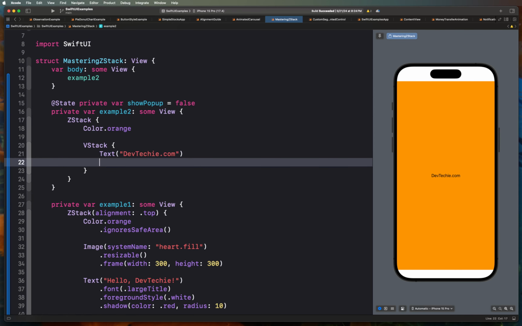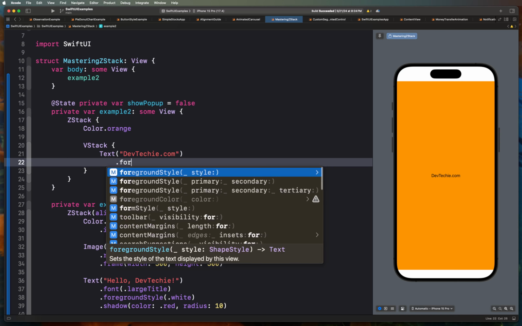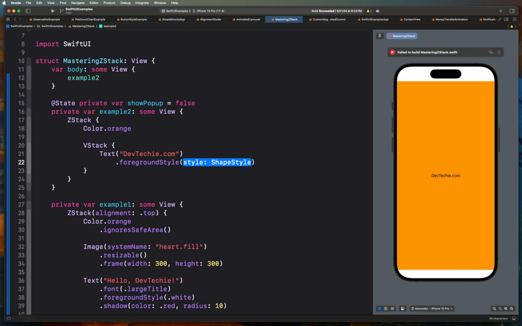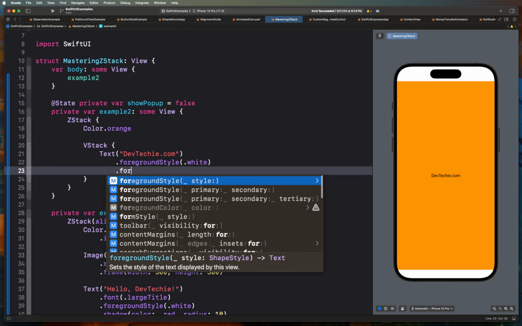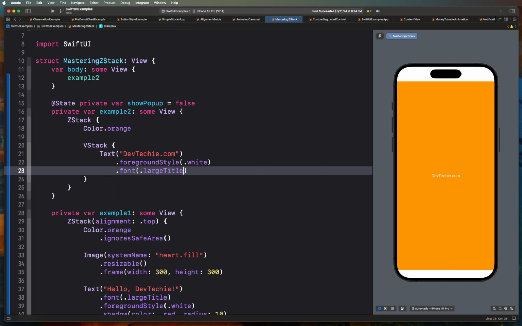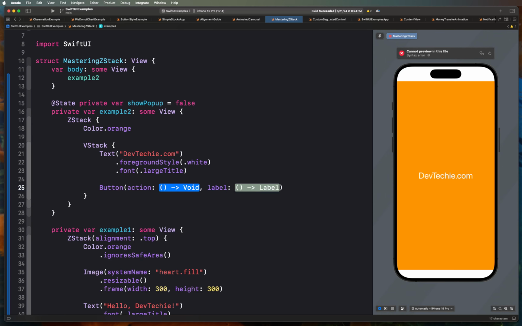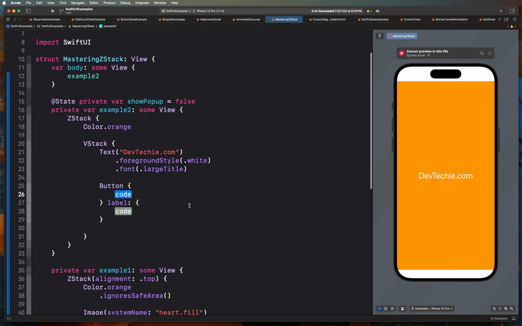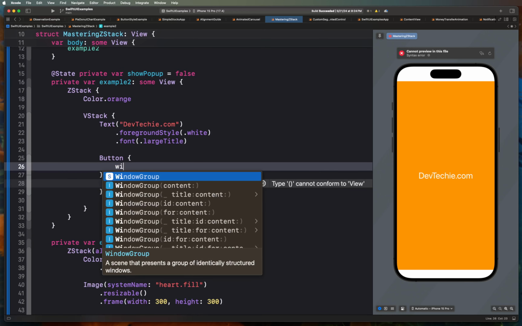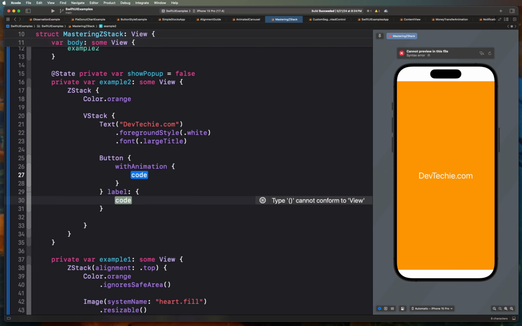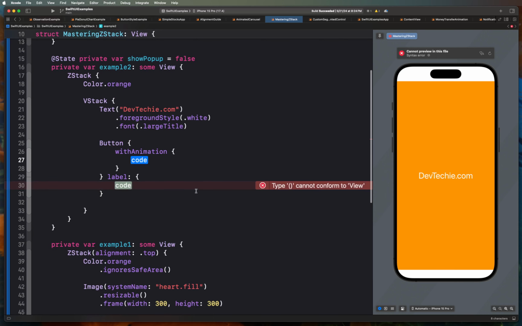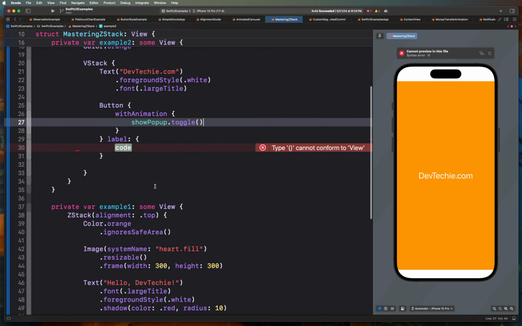devtechie.com. If you haven't checked it out, check out devtechie.com. There's a lot of new content that's available there. Let's set the font as large title, and then we're going to have a button. This button is basically going to help us control when to show the pop-up. And we're going to wrap this showPopup toggle inside a withAnimation block that actually makes it animated. Okay, so we're going to simply say showPopup.toggle. All right, for the label,